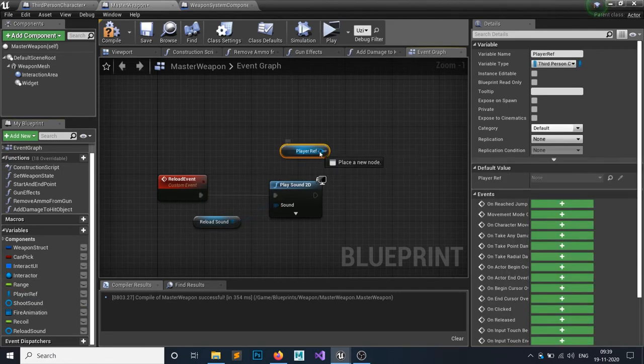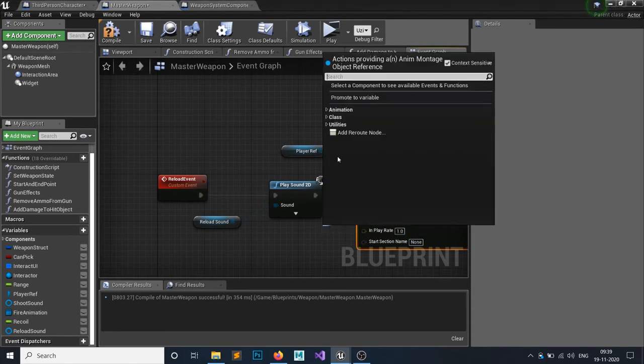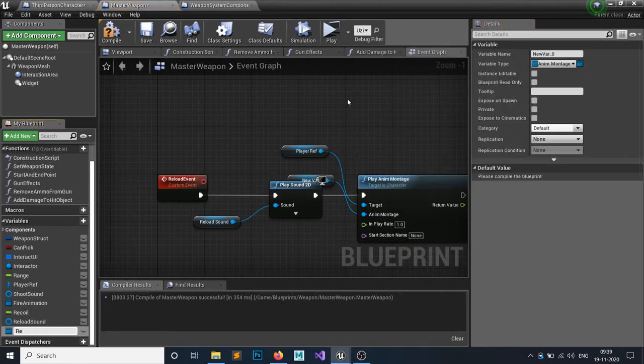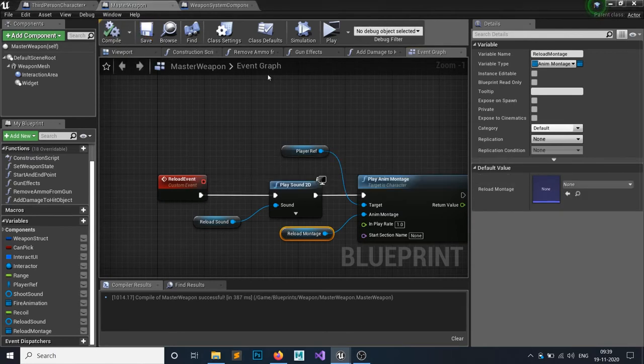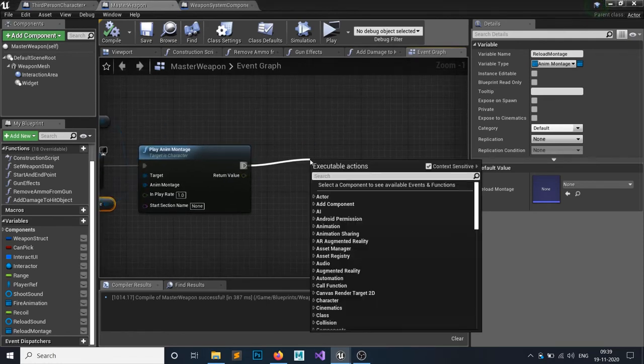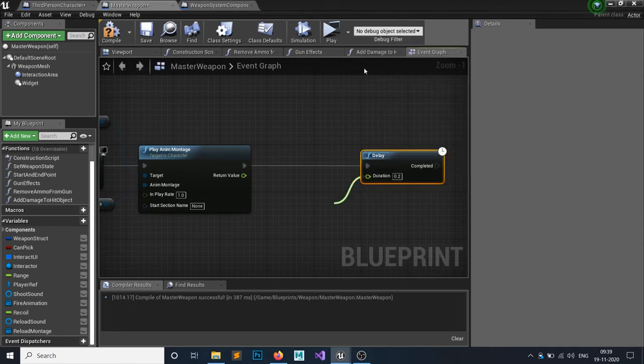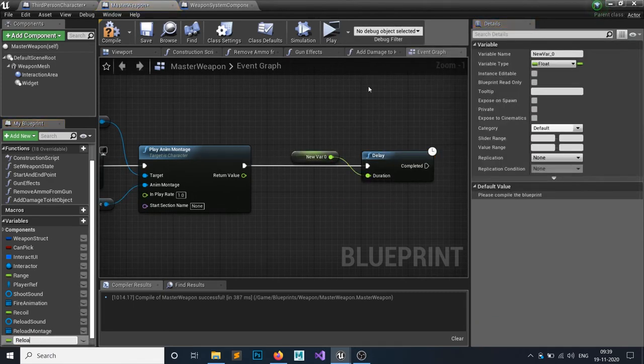So I will grab my player character and play animation montage. Let's promote this to a variable, I'm calling it reload montage, because every different gun has a different reloading montage. Then I need some delay, and the delay would be a reload duration, because every gun has a different reload duration. So I have to wait for that much.